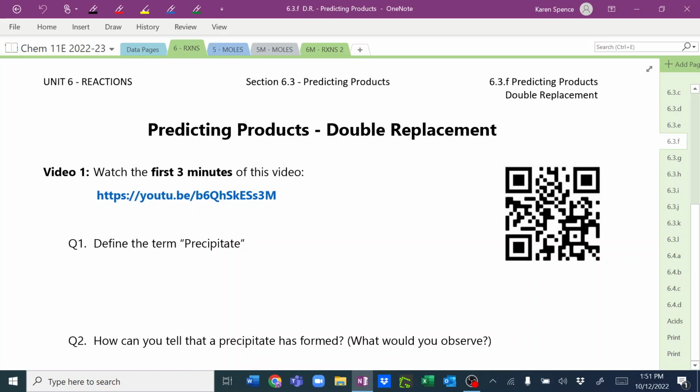All right, so today we are looking at predicting products of double replacement, which I think, did you watch the videos on that? Yes? So if I was to take some lead 2 nitrate,